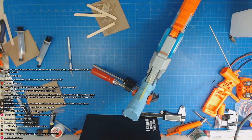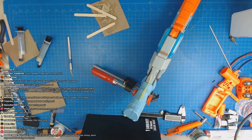I was talking about the shells, slug, update the machine calibrant, so take a lot of 3D printed pieces. Now that replacement machine polycarbonate pieces that make the design a lot easier and smoother. If